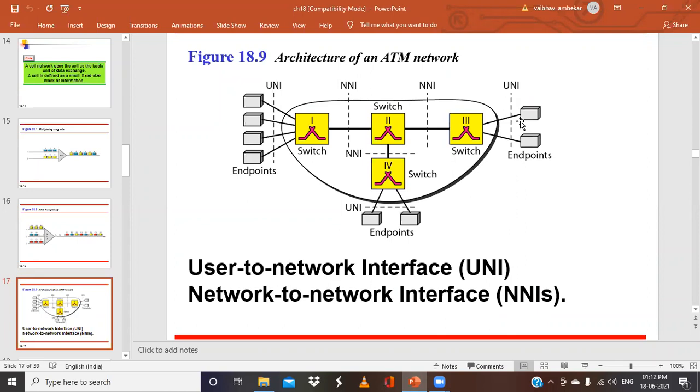Once we talk about the connection oriented approach, the connection establishment should take place, and once it is established, the cells follow the same path or a different path. These cell networks are based on the virtual circuit approach, and we say that it is a connection oriented network. Whether the cells or the data follow the same path or a different path, we have discussed.